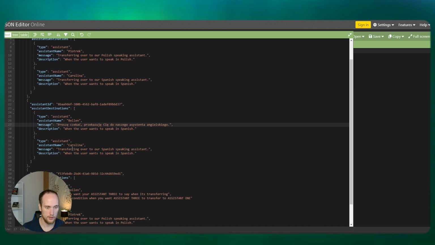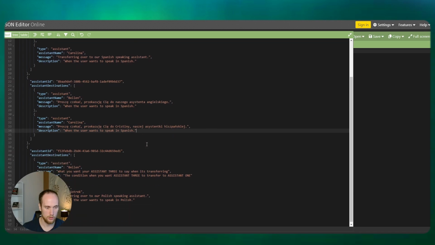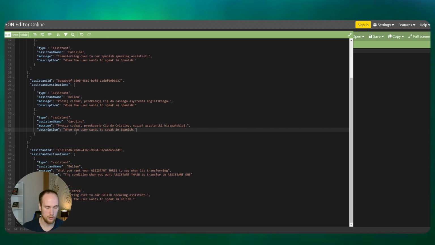That's fine. And then this one here as well needs to be Polish. That's that one. When the user wants to speak Spanish, the user wants to speak in English. I might just say it here in Polish, what it actually would sound like when they say it.